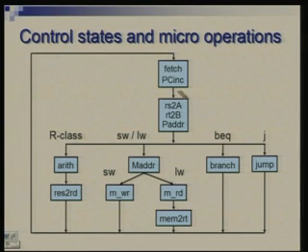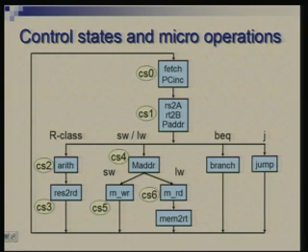So, for example, in the first cycle I am doing fetch and PC increment, in the second cycle I am doing RS2A and RT2B and PADDR, all these 3 are done concurrently within the second cycle and so on. So, all these micro operations have been put into appropriate states. Also these states could be numbered CS0 to CS9, right.